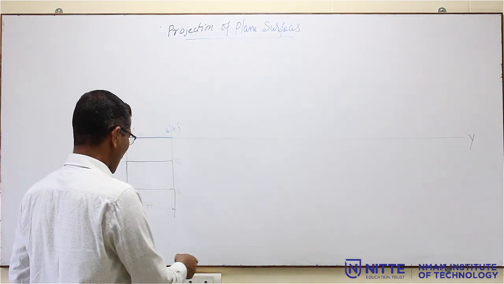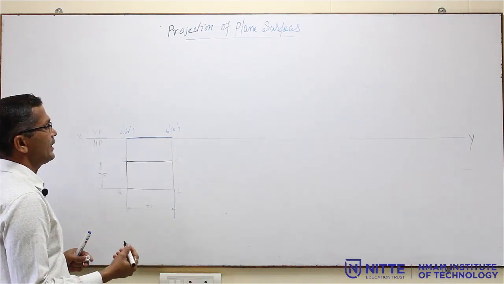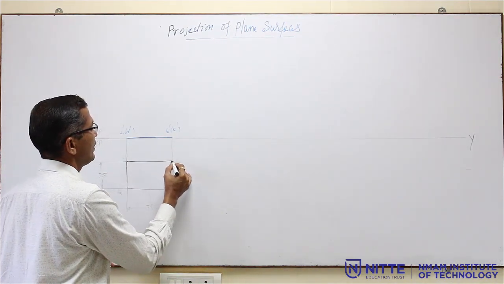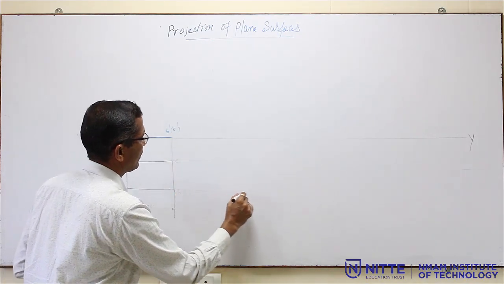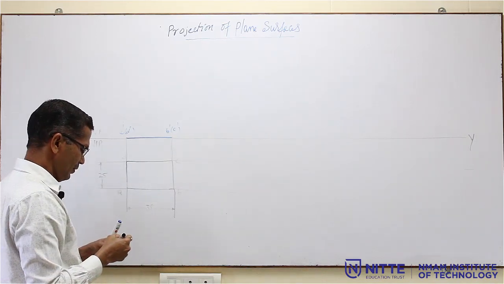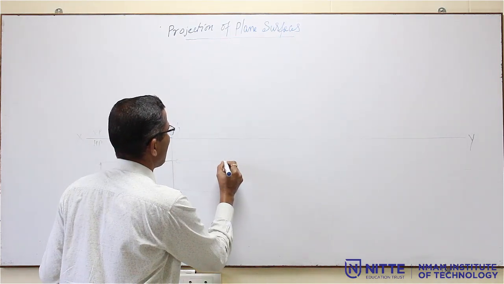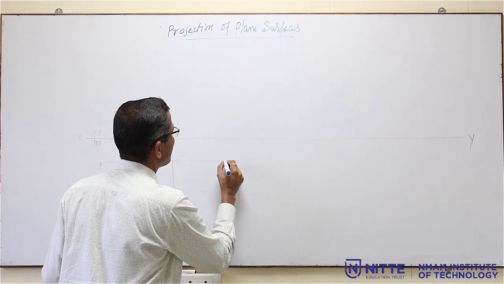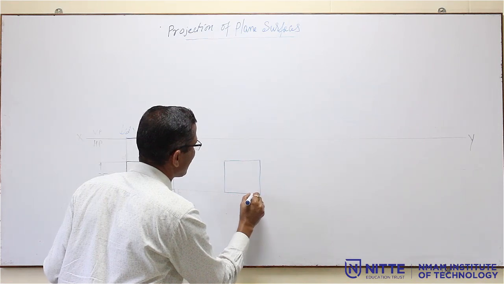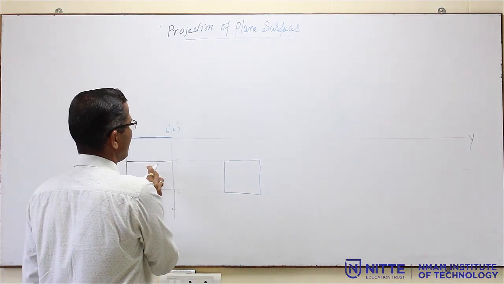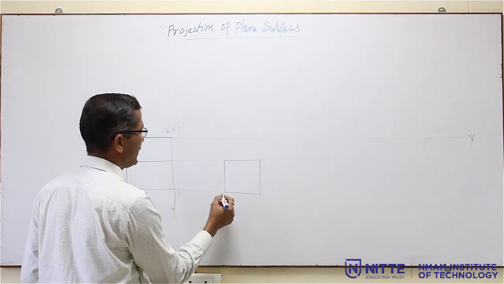Now, they told that the top view looks like a square. So, what is the size of the square? Square will be 25 into 25. So, what is the next step? You have to draw the square. How to draw? Just project this horizontally like this, 25 mm, then complete the square, leave some gap and make the square. This is 25. This is also 25, all the four sides are equal. So, you have to construct that square. You have to name it in the same way, A, B, C, D. So, this is A.